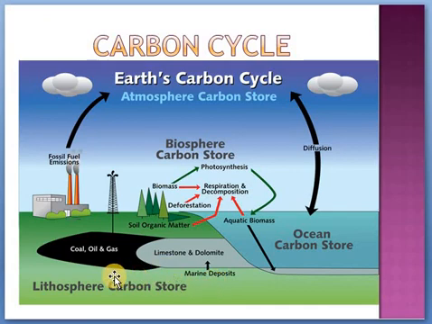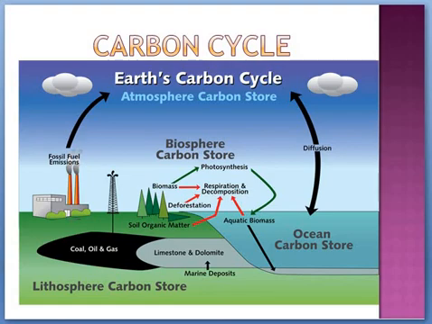So first thing, photosynthesis, which is the entry of carbon into the organism, and then it enters into the food chain, and by respiration some amount of carbon will be coming out, and by death and decay a little more amount of carbon will be coming out, and then by combustion the fossil fuels are being used up in the industries and carbon will be coming out, and then burning of limestone will also release some amount of carbon into the atmosphere. So this is the carbon cycle, this is how it's being cycled.